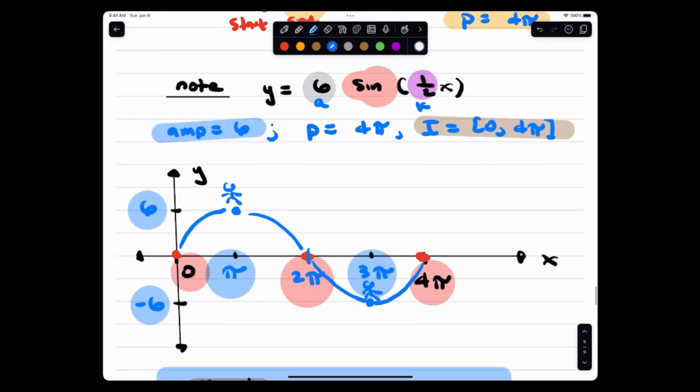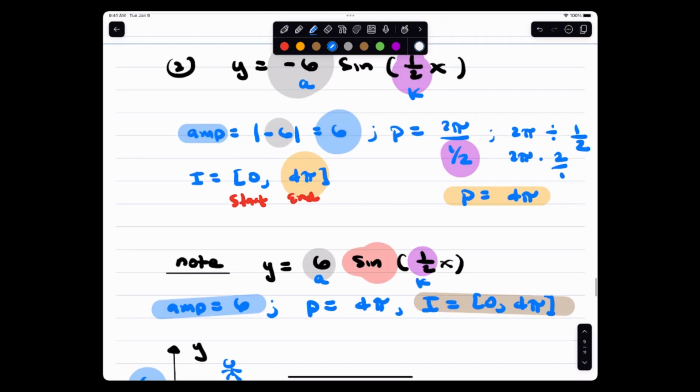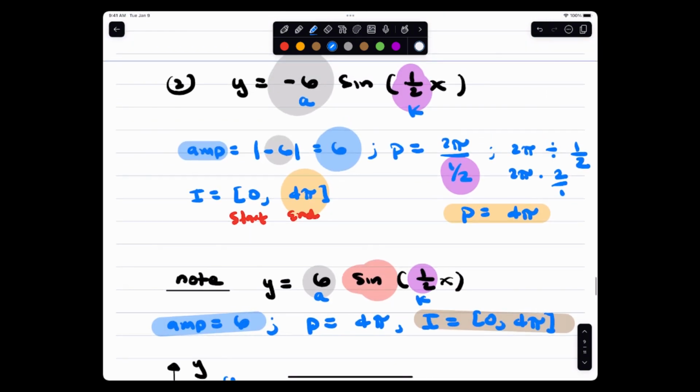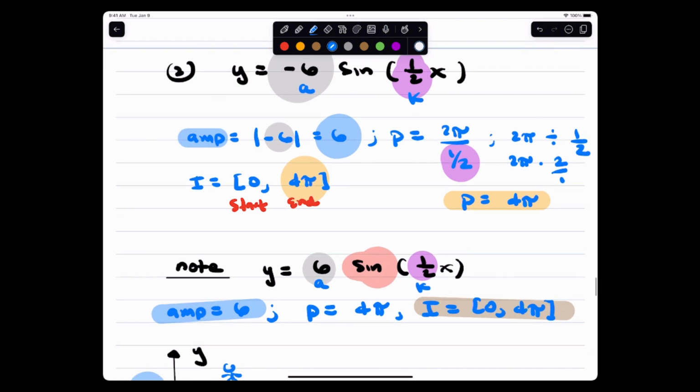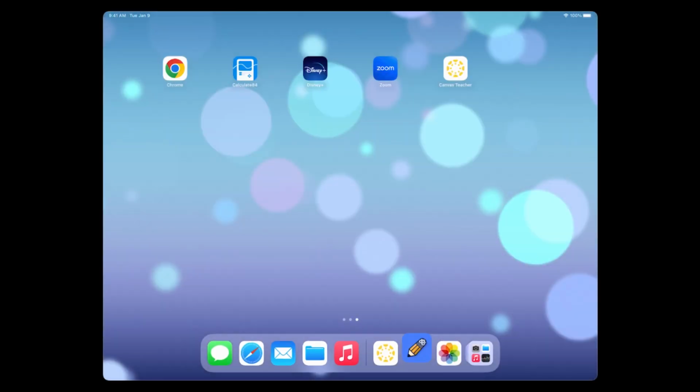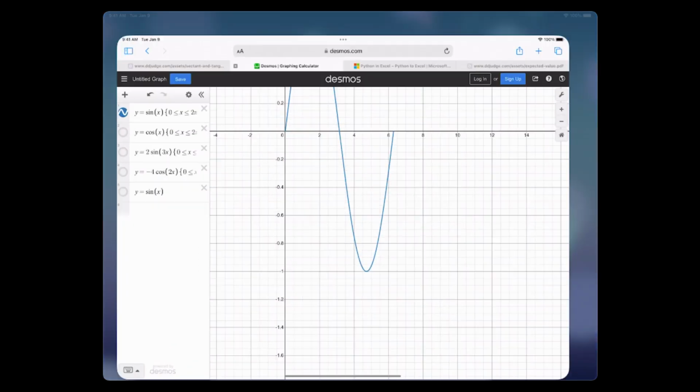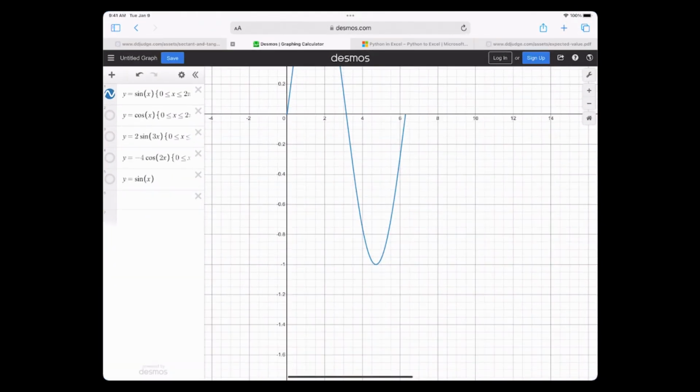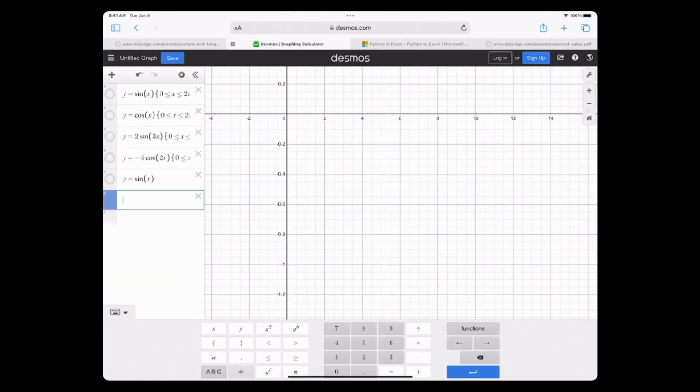That's the graph of y equals 6 sine. Now, you said, but Mr. Judge, what happens with that -6? Okay. What about this? -6. Well, let me do this here in Desmos, okay? What's the effect of a negative here? Y equals -6